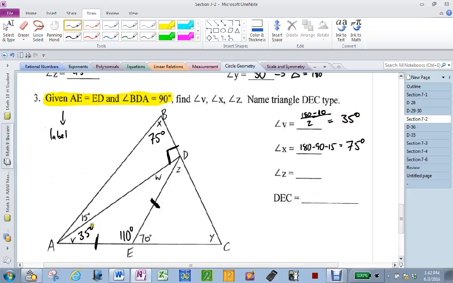So now I know V. So if I know V, do I know W? What is it? Yeah, it's 35. Well, what do I know about W and Z? What does it have to equal? It's a right angle, so it equals 90. So Z has to be what? 90 minus 35 to get 55. And then finally, I need angle